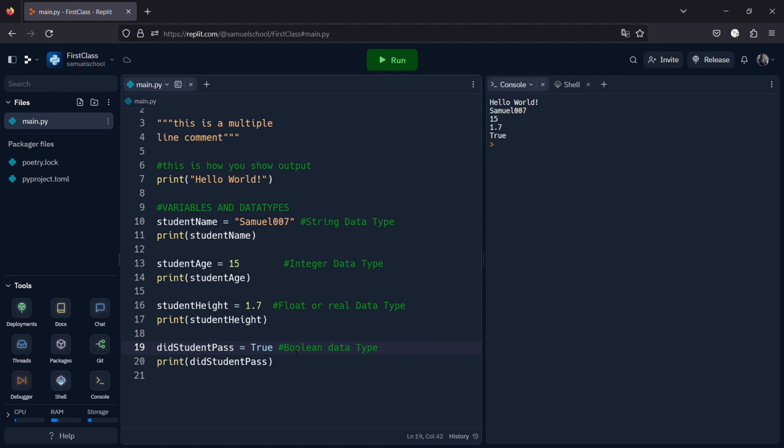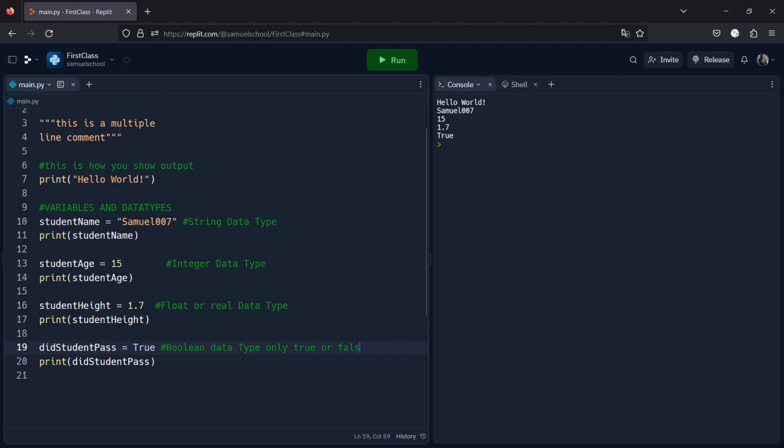So this has only two options, true or false. It can either be true or false. So only true or false. Okay, so this is what it has. It has only true or false. I'm going to close this a bit so I can have more space to work. True or false. Okay, so here you can see true,